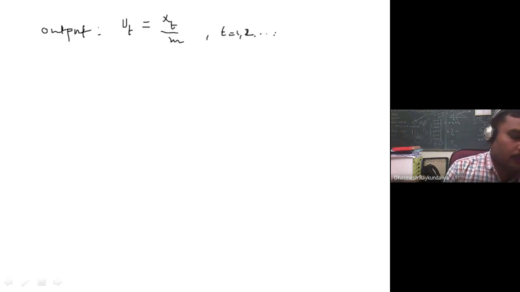So this is the output function. Here the output function is nothing but g of xt equal to xt by m. Is that clear? Any questions?